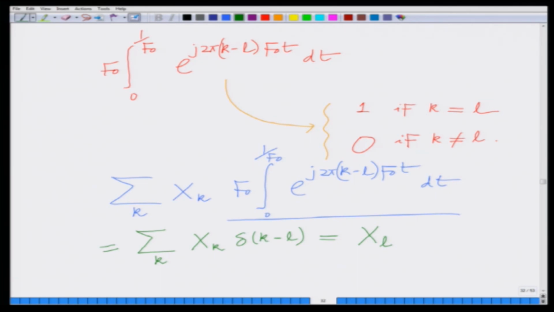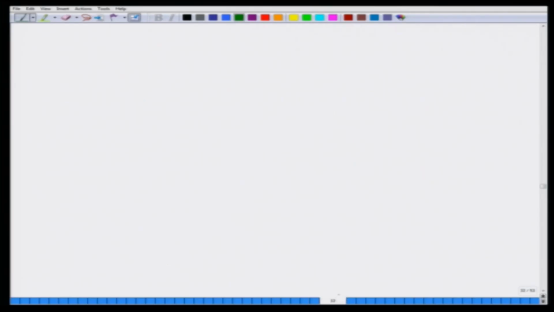So, what are we doing? At the receiver we are multiplying by the corresponding Lth subcarrier e to the power of minus j 2 pi L f naught t, integrating over the fundamental period 1 over f naught to recover the symbol XL transmitted on the Lth subcarrier. This can be done similarly for all the N subcarriers to recover all the N symbols transmitted on the various subcarriers. This is termed as coherent demodulation. So, at the receiver we employ coherent demodulation,